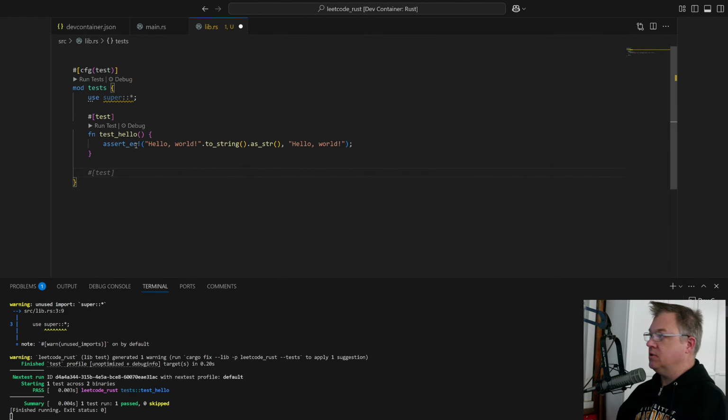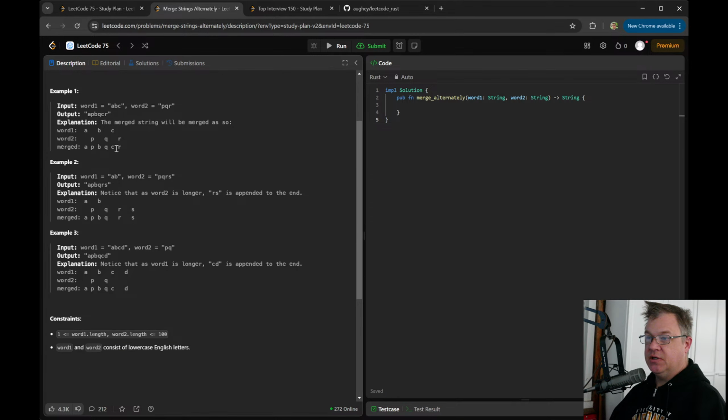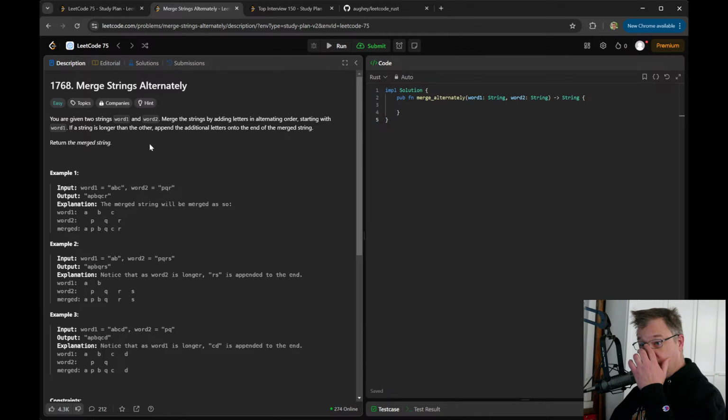So let's go here and pull in some of our tests. Here we go. So we have some examples here. Let's just talk through the code here, or the question. Merge strings alternately. Given two strings, word 1 and word 2, merge the strings by adding the letters in alternating order, starting from word 1.